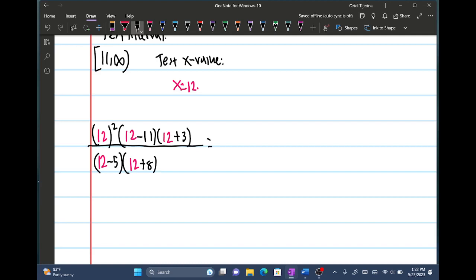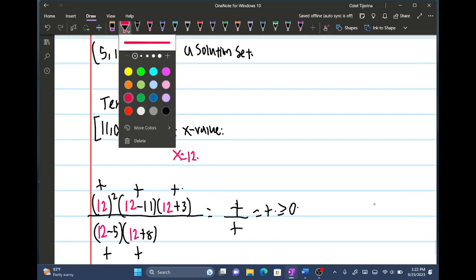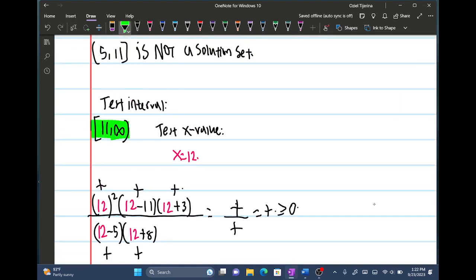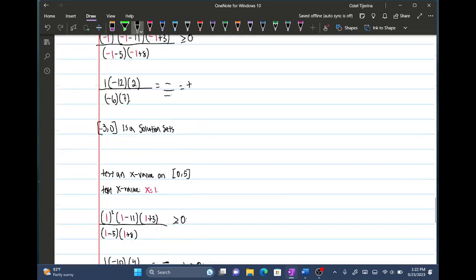So then we have 144. This is a positive, this is a positive, and this is a positive. And this is a positive, and this is a positive. So we know that it's positive because it's positive over positive, which is positive. This is greater than or equal to 0. So we know that the interval 11 to infinity works. Looking at the ones we highlighted in green and the ones we highlighted in red,